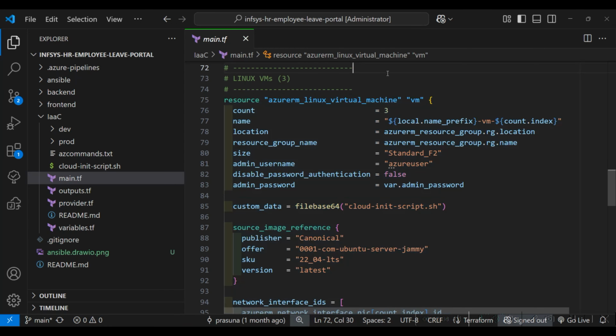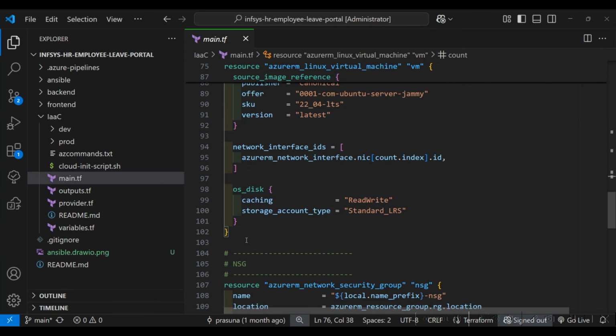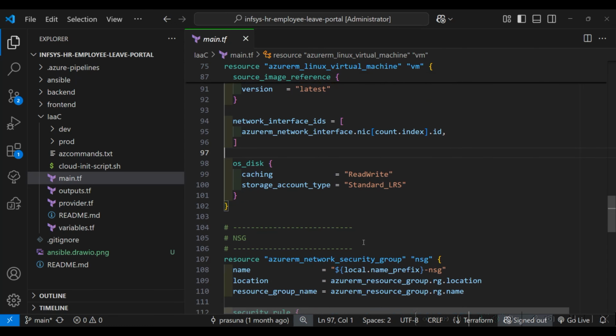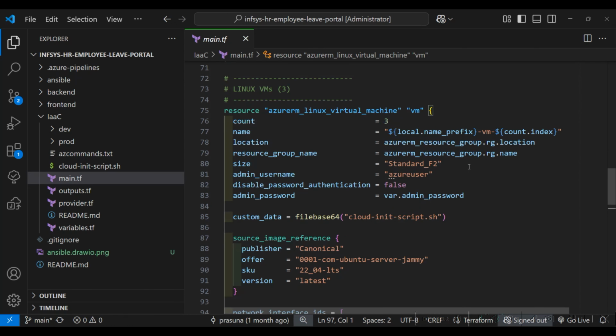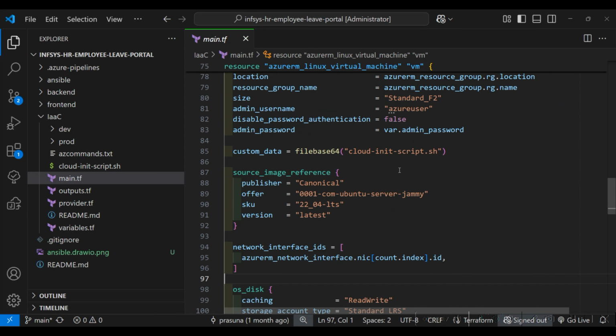In order to create three virtual machines, we need to pass a count. Count equal to three, so it will create three virtual machines. Based upon the count, we pass it as an index. For count one, it will create one virtual machine with the rest of the configuration the same, and it will take the first network interface. If you go to count two, the same configuration is taken and it is created. Like this, it will create three virtual machines and three